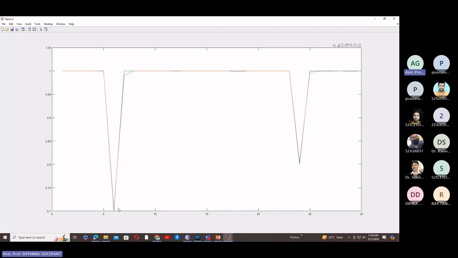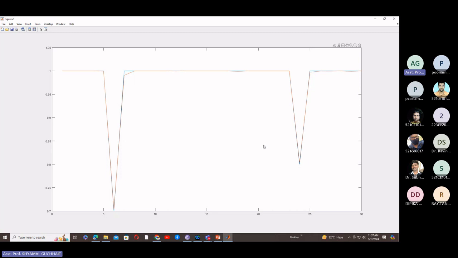Exactly, it quantifies that at the 7th location the damage is 30%, and at the 24th location the damage is 20%. So you can see that the PSO algorithm, even with 30 variables,